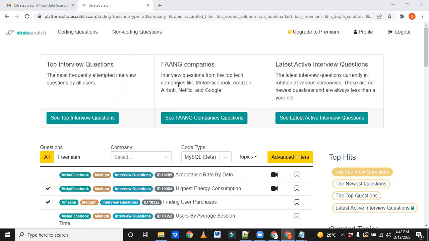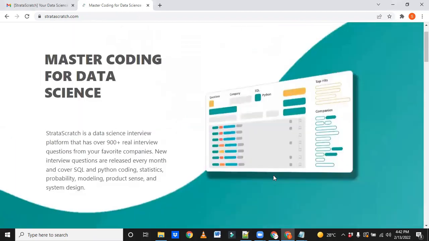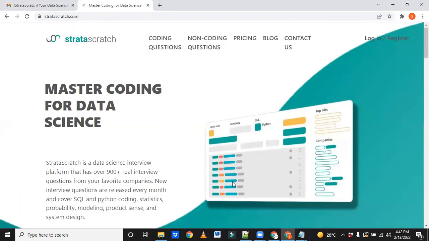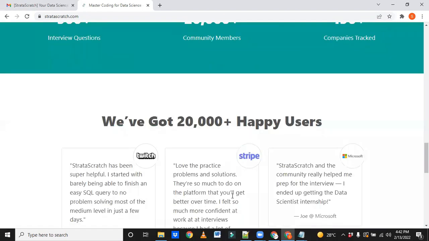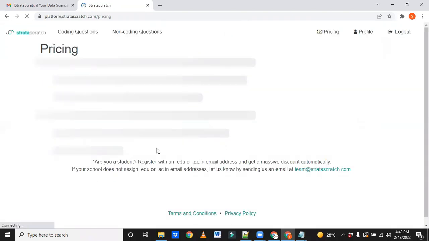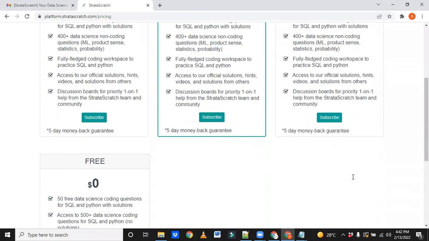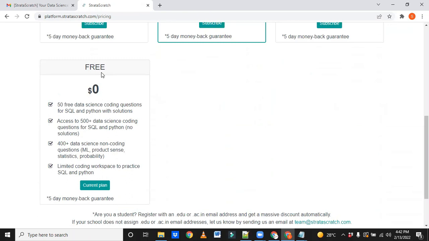Yeah, I'm back. So I found this website. I think many of you also know this. If not, there's no problem at all. You just go to this website. If you see, this is the actual website, StrataScratch, and there's free and premium. I'm not promoting it. There are packages, and also a free subscription.